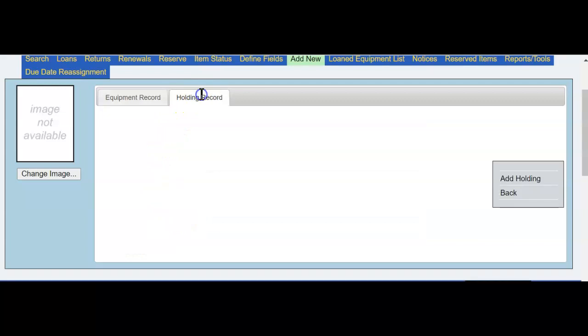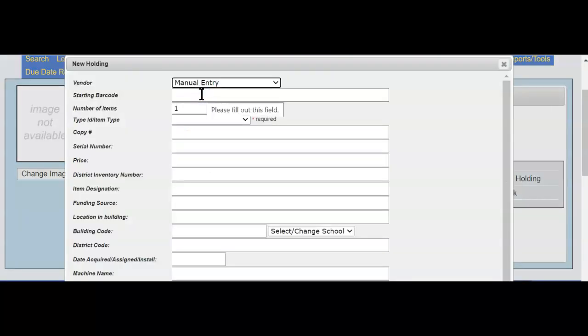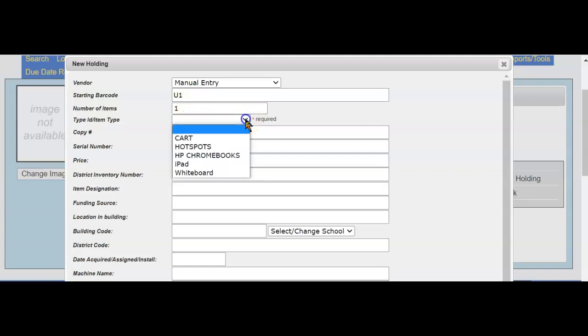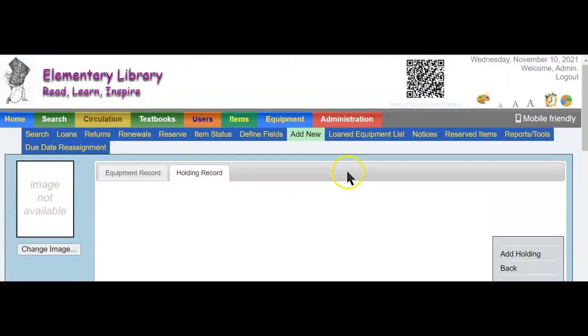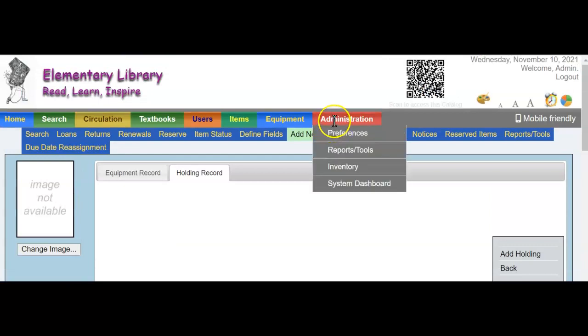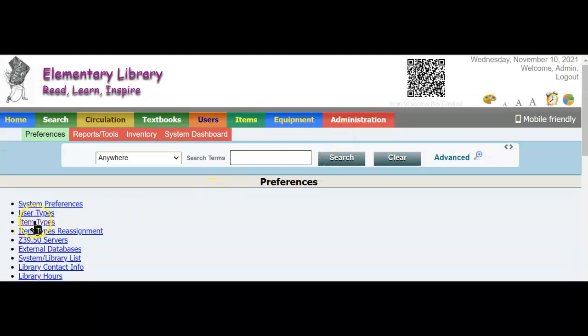I'll go right to the holding record, and I'm going to have a problem, and I did this on purpose. Starting barcode might be U1 for ukulele, number of items, but here we go where I don't have ukulele on my list. Okay, and that is a common error that people have. They forget to put another item type on. So I'm going to kill this. I'm going to just ignore this record, not save it,